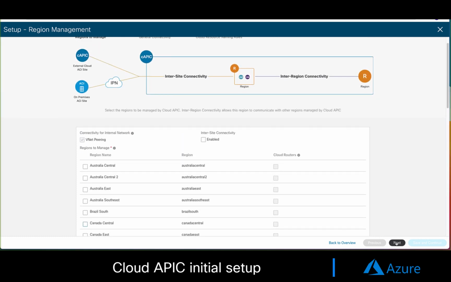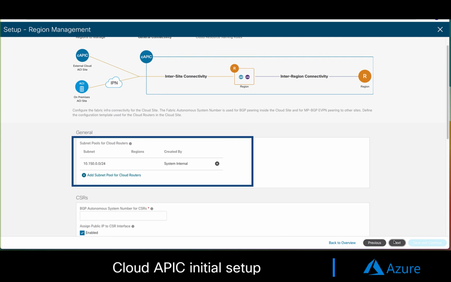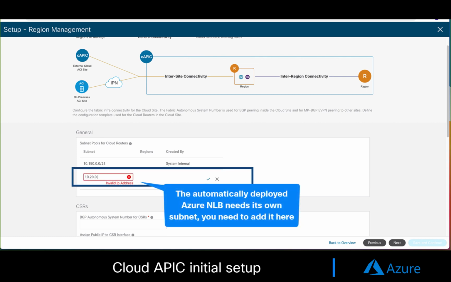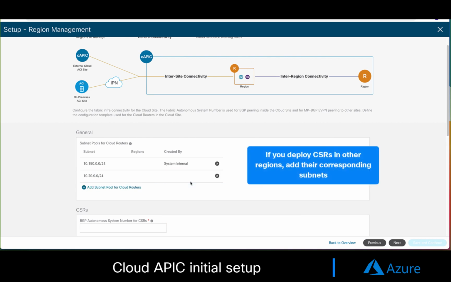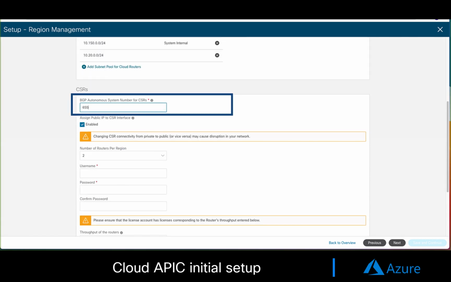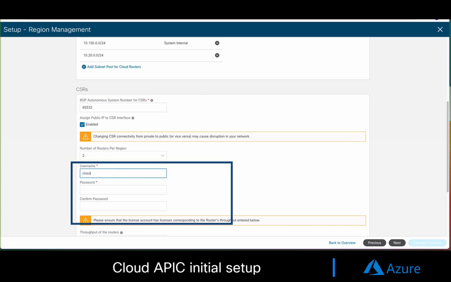Next. Here, as you can see now, we already have a subnet pool for our CSR cloud routers in the UK South region. This value came from our deployment settings and will be used to assign internal IPs to the CSR's interface, as we explained before. We will use Azure Network Load Balancer, so we need to add another subnet. If we want to enable additional hub regions with CSR, keep in mind that you will need one separate subnet per additional region. Now, I will assign a BGP autonomous system to the CSR, as well as a username, which